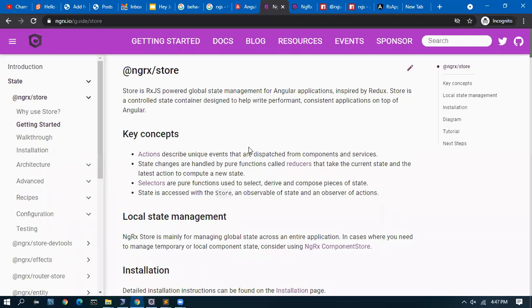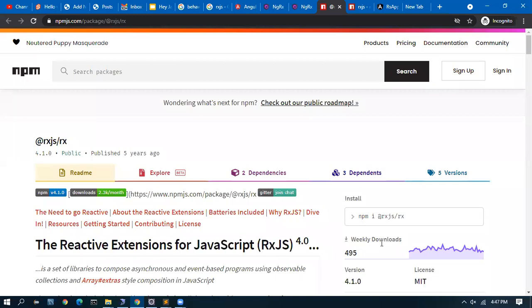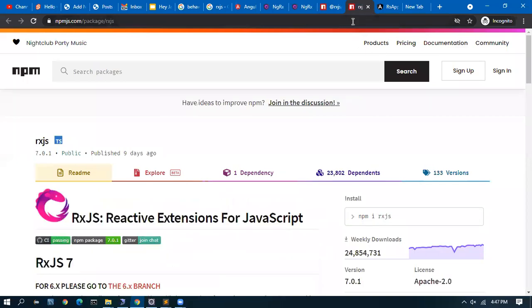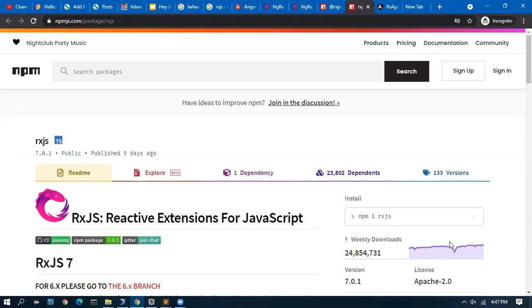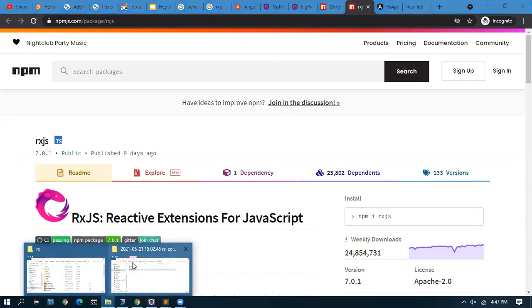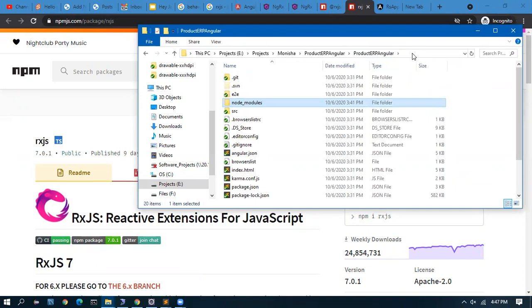Okay. So if you go there, we have the npm install command. I'll go to the project folder, same as what we did for Angular material.